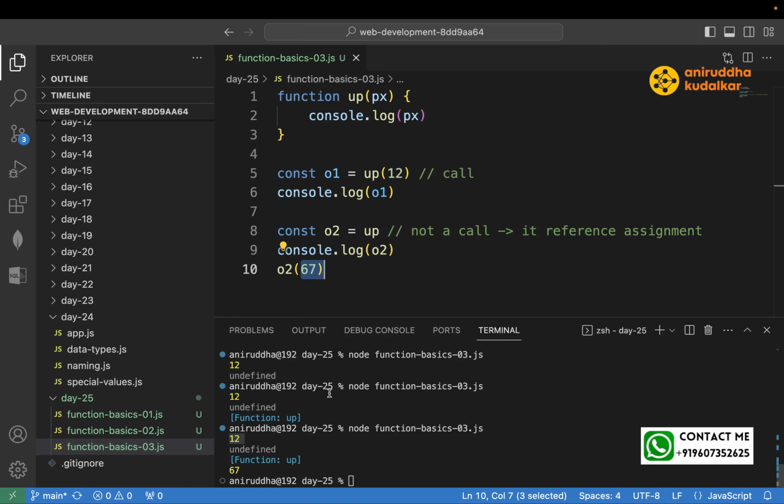The 67 is up. See, O2 here, what you have done? The reference of one function is assigned to O2. Up is assigned to O2. So here, this is a normal variable O2. O1 is a normal variable. O2 is also a normal variable. Correct? Now, O1 variable